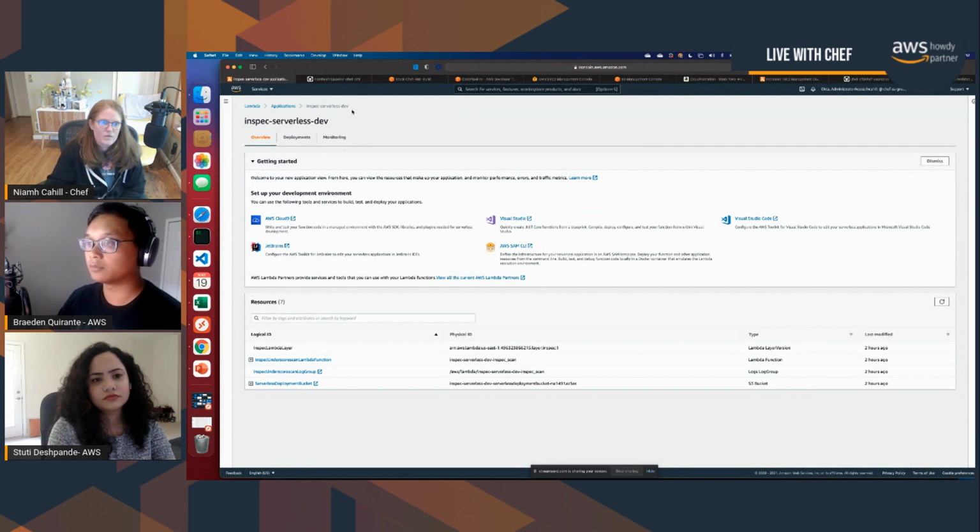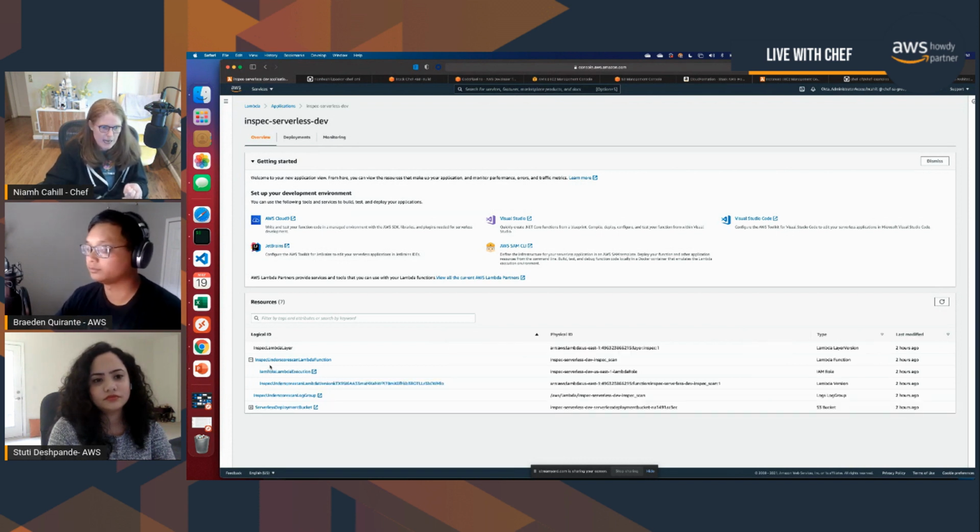And what we've done is come up with a Lambda function that allows you to do this. Essentially, and I need to update the Ruby version in this as well, it's a very quick example of using InSpec with serverless. So basically, we've defined our function. And by the way, I am not a Lambda expert by any means, but InSpec's fairly straightforward. So what we did was we created a Lambda function that is based on Ruby, right? And that function is essentially, if we go in and take a look at it,